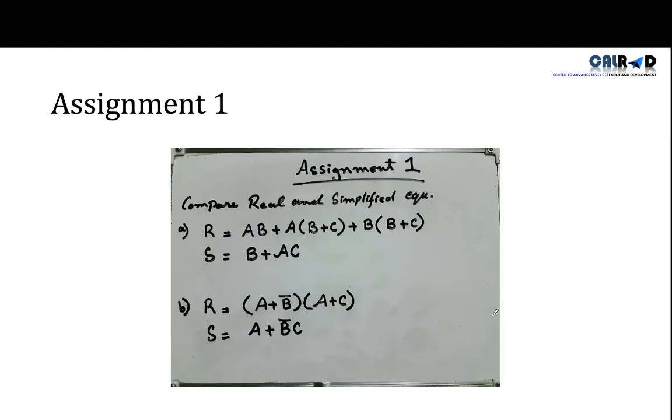So now I am giving you your first assignment from this part, and here I am giving you 2 equations. This one is A, with the real equation, and after simplification we get this equation. And this is B, real equation and simplified equation. What you have to do is first draw the block diagram of this real equation, then draw the block diagram of this simplified equation, give the same values of a, b and c here and a, b and c here, and then check whether the outputs of these both equations are similar or not.